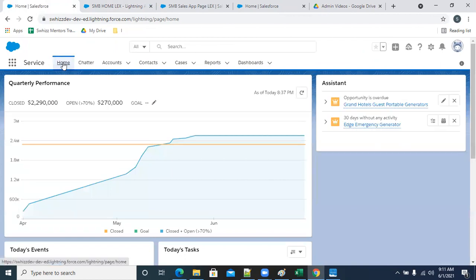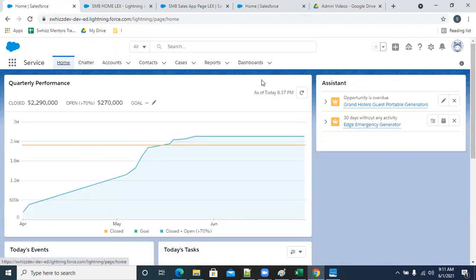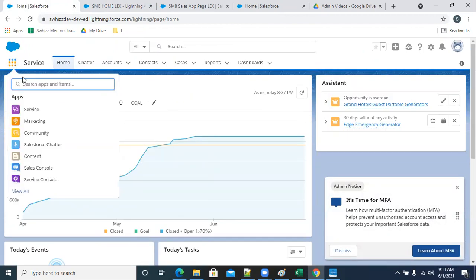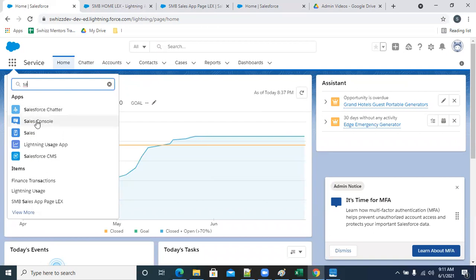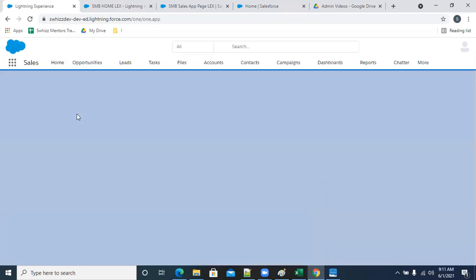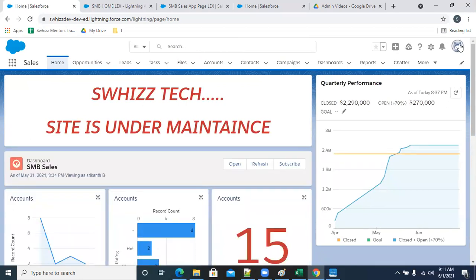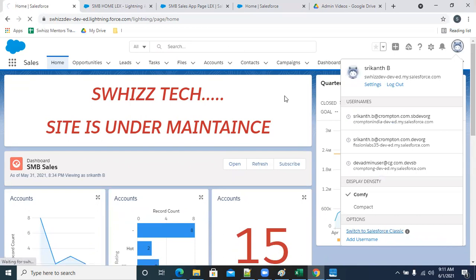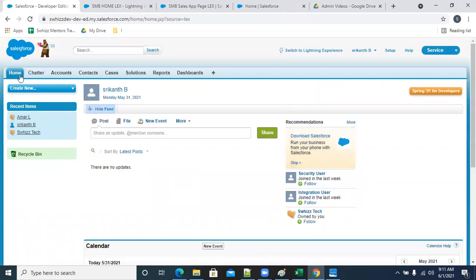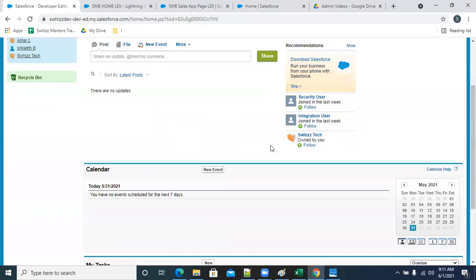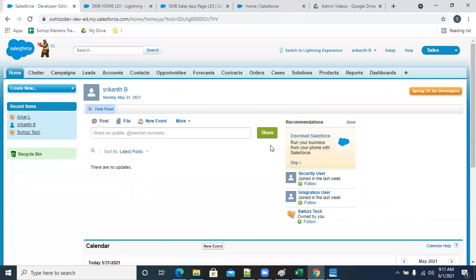Click on the home. See, for the service app, the home page is different. But when you click on the sales app, the home page is different. Okay, if you go to the classic, see, the service app home is different, the sales app home is the same. Nothing much difference. So you cannot manipulate like this inside a classic, but you can do it inside a